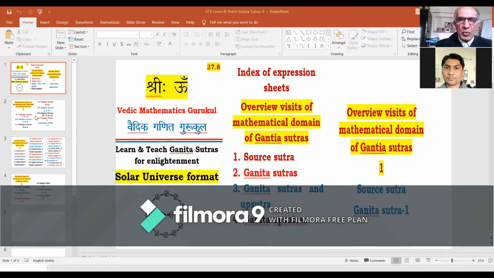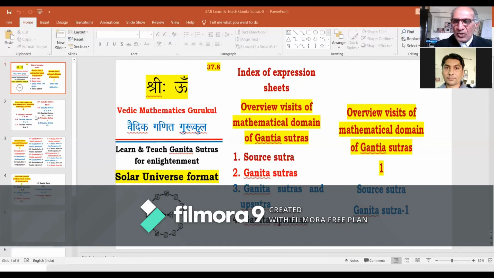Therefore, the overview visit of the mathematical domain of Ganita Sutras will get focused upon the overview of the mathematical domain of Ganita Sutra 1. We have to be face to face with the overview features of Ganita Sutra 1 as